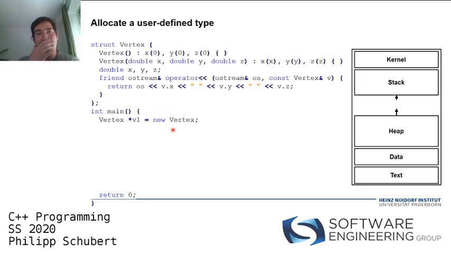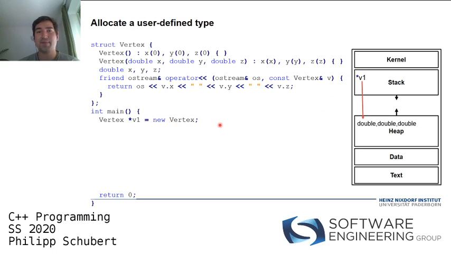If you write that line here, you allocate on the heap a new vertex. A vertex comprises 3 doubles, and that is also why you have 3 doubles allocated on the heap. So you allocate under the hood 3 doubles on the heap, and the pointer to the chunk of memory on the heap you store in a stack variable of type pointer to vertex. So how does it look? You have the pointer variable v1 on the stack, and you allocated basically memory for a vertex on the heap,